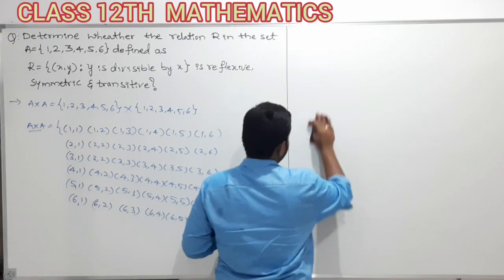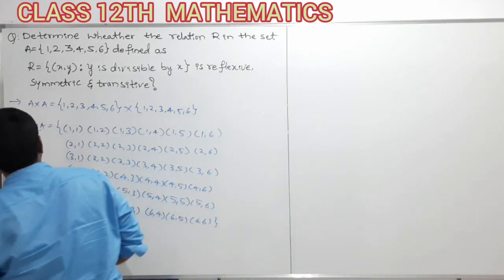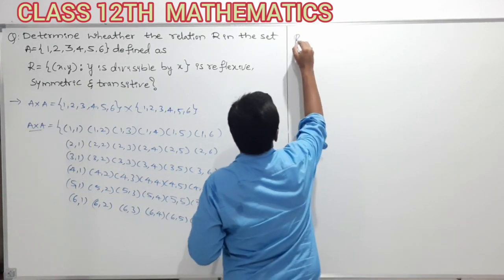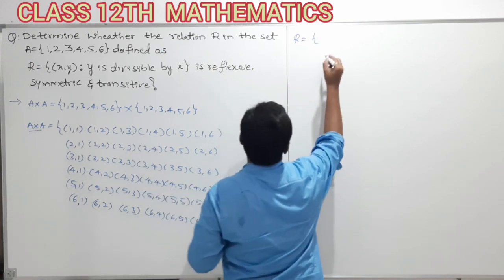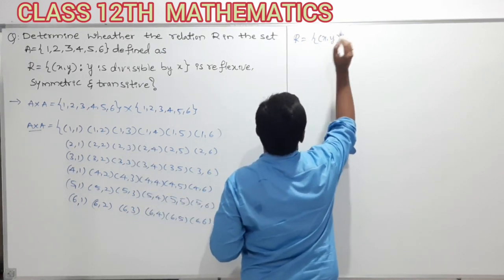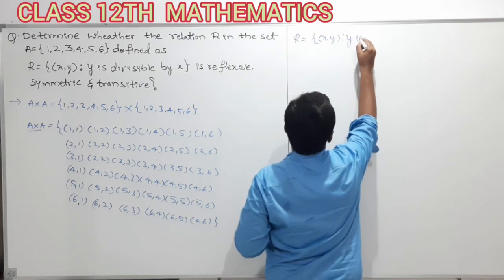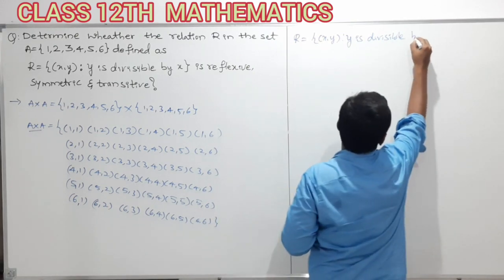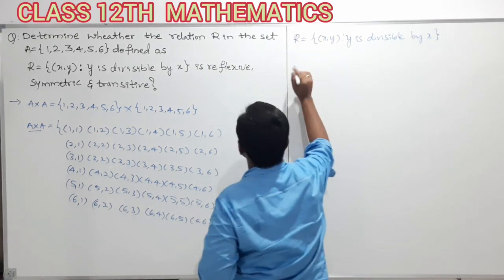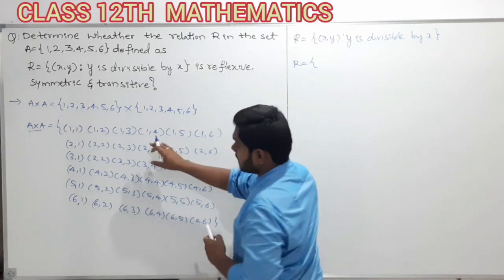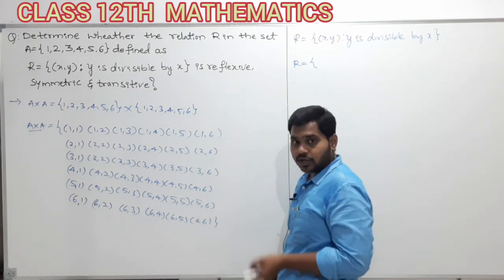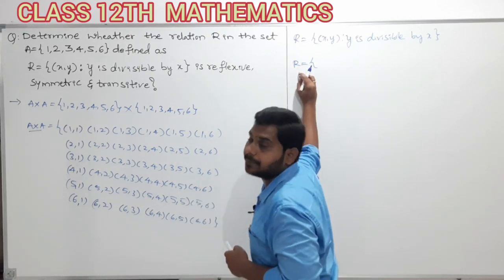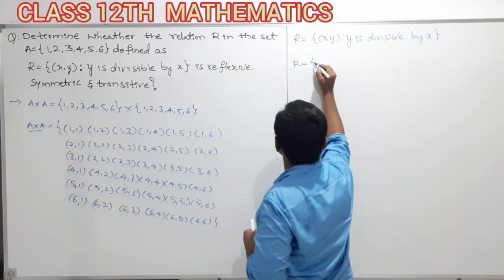We should take the relation R. So how will the relation R be? R is a collection of all ordered pairs such that y is divisible by x. Such ordered pairs we should take, and those ordered pairs must be from the set A cross A only, because we know that the definition itself tells that R is a subset of A cross A. And now, my dear students, please remember,